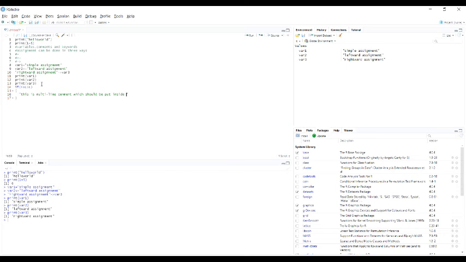If I do it like this, we can give multi-line comments. I have written 2 lines here, so I will run this.